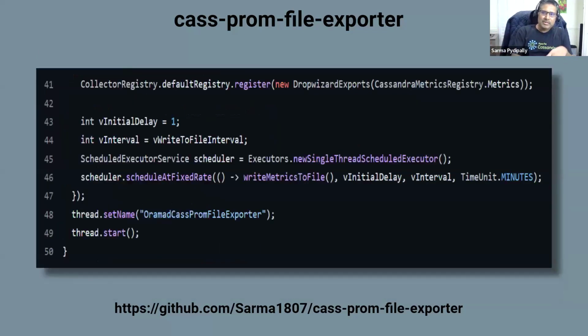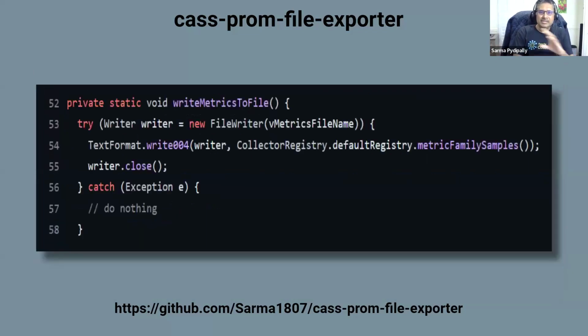But the good part of this is it already gets the metrics in Prometheus format and writes it into the text file. So the basic code looks like this, and then there is a small method or function you can call. It takes all those metrics every 5 minutes and writes it into the text file. This portion here is just writing the metrics to the text file.